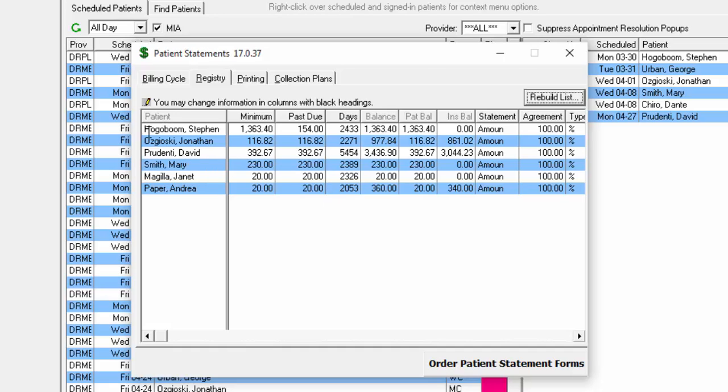So for example, for this first patient that's listed, Stephen Hogaboom, it shows a minimum of $1,363.40. But you want the statement to show that it will be something less than that. You can click onto that line, delete the information that is there, and type in whatever is the dollar amount that you would like to have showing as the minimum due on his statement. As far as the amount past due, you can change that as well. The number of days late can be changed,